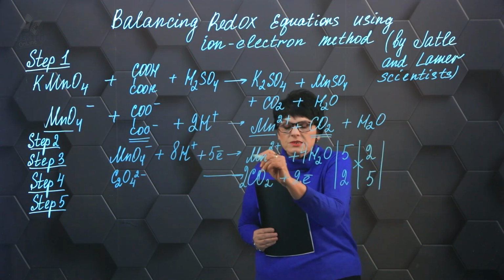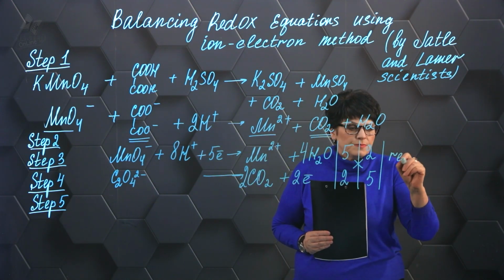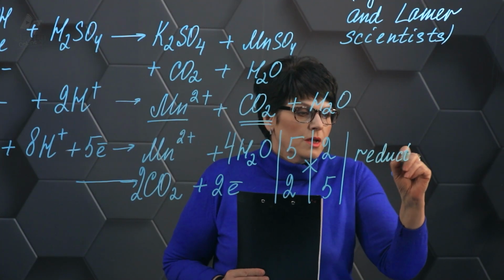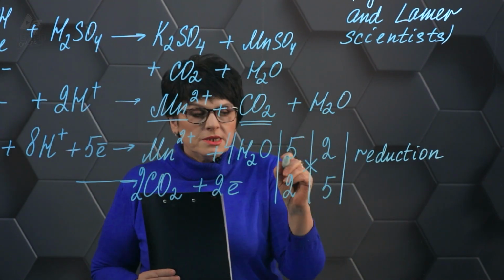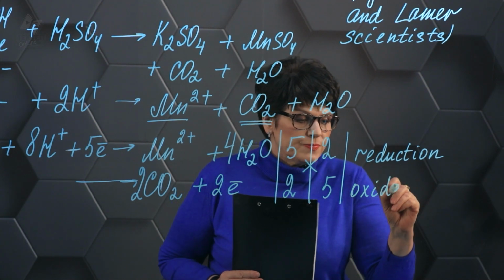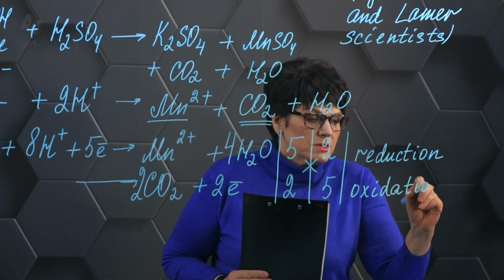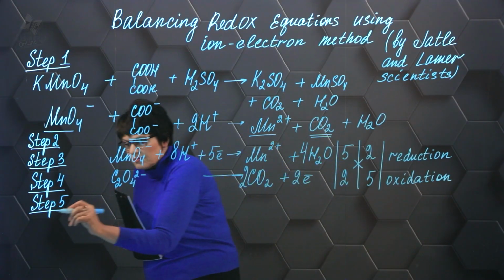We call the process that goes first reduction. And that's the process that happens for the oxidizer. The second process is called oxidation. And the element itself is called the reducing agent. Then the next step